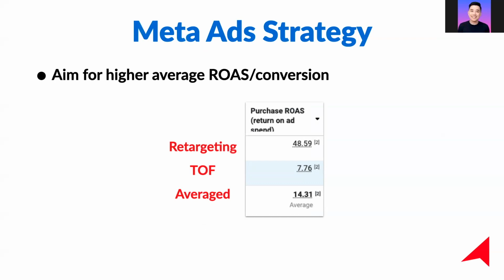We usually spend 80% of the budget at top of funnel. I'm going to tell you more about the structure and the budgeting later. We would usually aim for a more moderate ROAS at the top of funnel. And our retargeting, where we are spending less, is performing so much better in getting us better ROAS over here. When we balance these two campaigns, we have a very satisfying average ROAS, which is the one at the bottom. That's what I want to show you when it comes to a Meta ad strategy.